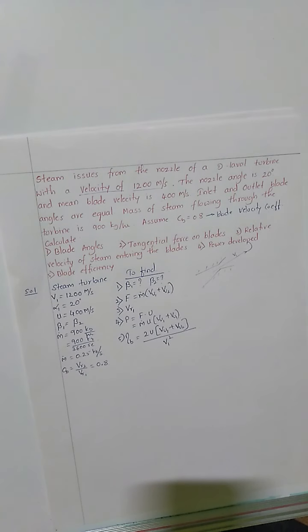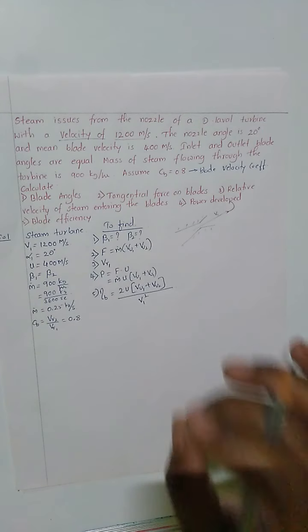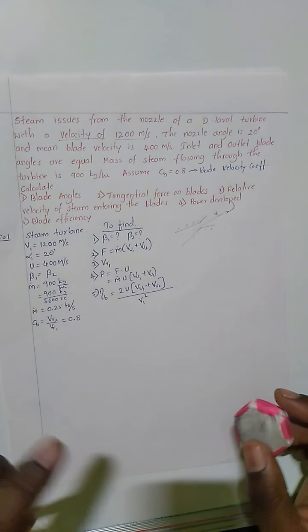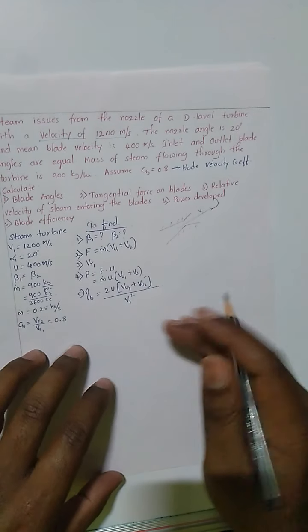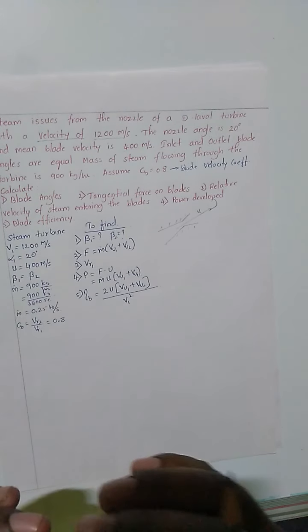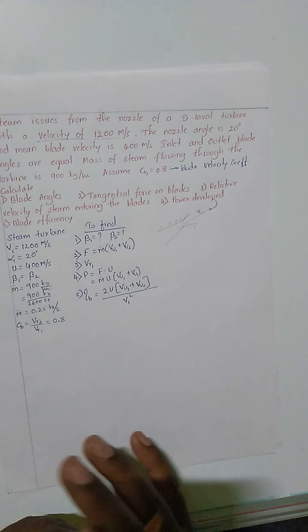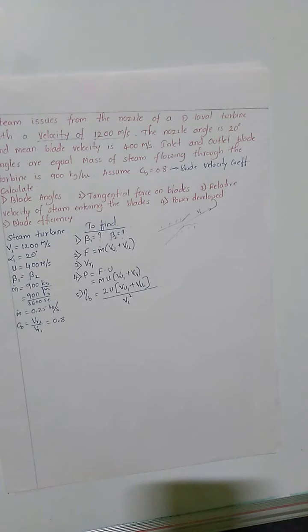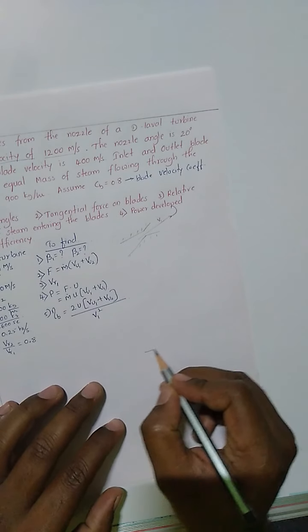Next, very important step is, whenever you are solving any problem in turbo machines, the first and foremost is to draw the velocity triangles. Draw the velocity triangles for this. Okay, so you draw a rough one freehand. First I am solving this problem using the formulas, and in the second step I will be solving the same problem using the graphical method, and we will compare and check the results. So what I am going to do now is draw the rough velocity triangle.